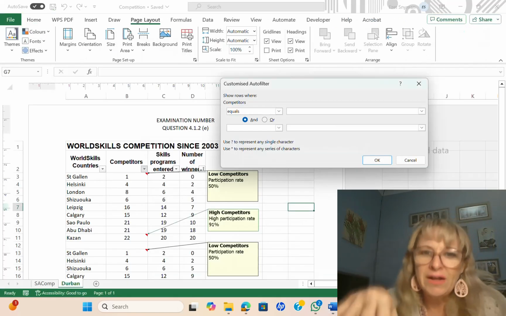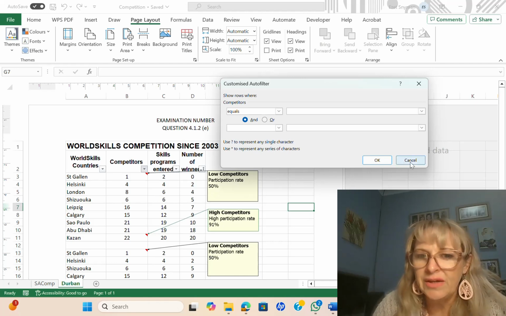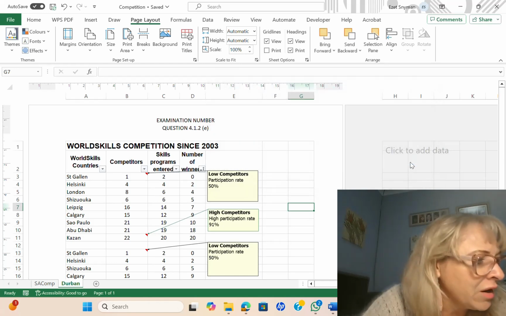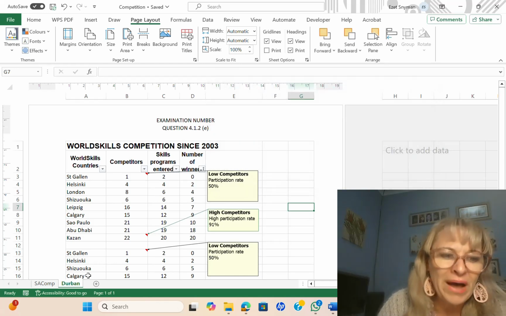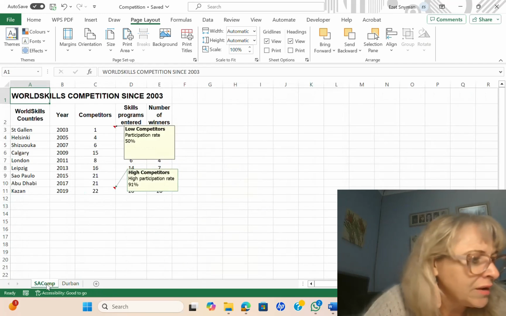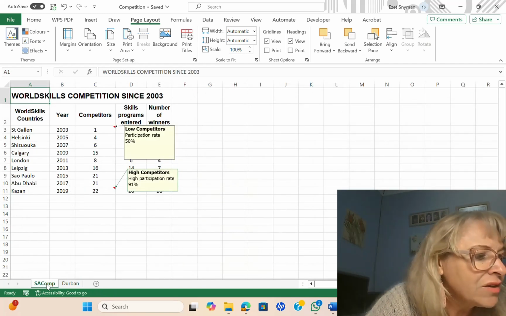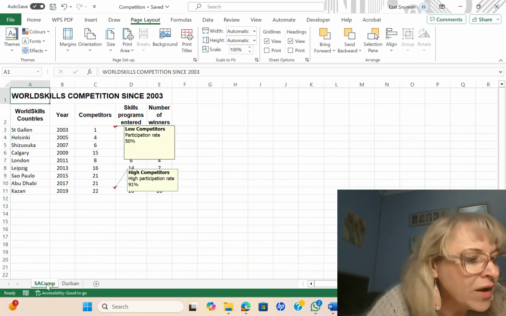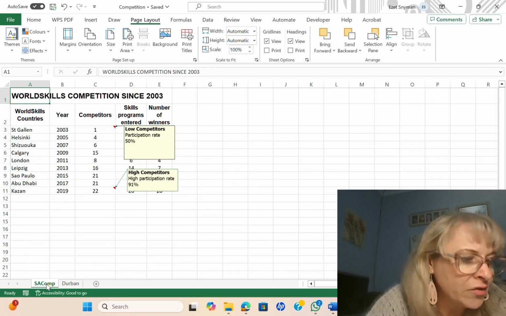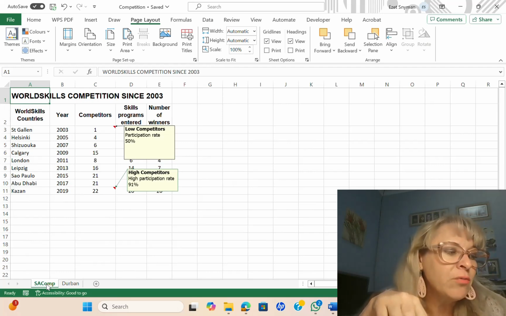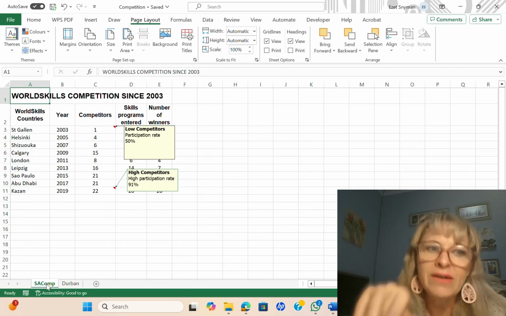Now we go back to formatting. I'm just going to cancel that customize dialog box. Now we go back to the SA Comp worksheet. Now they say activate the freeze top row function and display only rows 1 and 11.